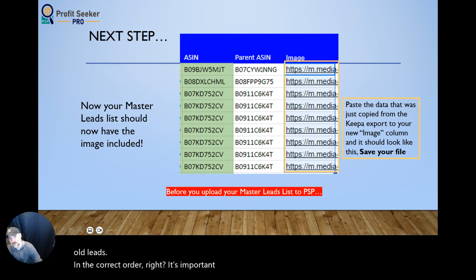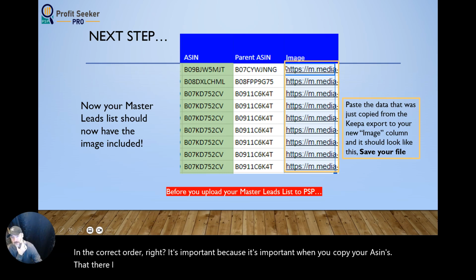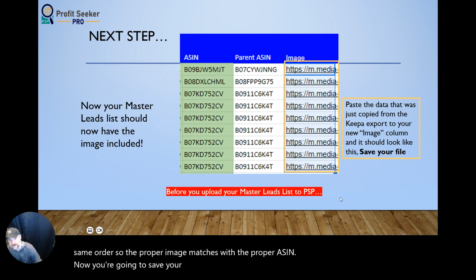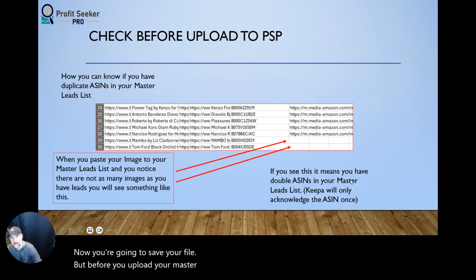It's important when you copy your ASINs that they're all in the same order, right? And we want our images to be in the same order, so the proper image matches with the proper ASIN. Now you're going to save your file. But before you upload your master list to PSP,